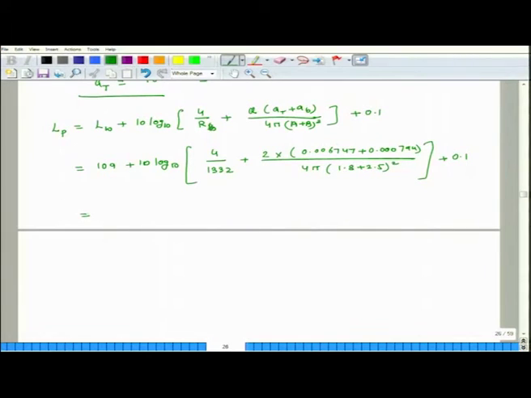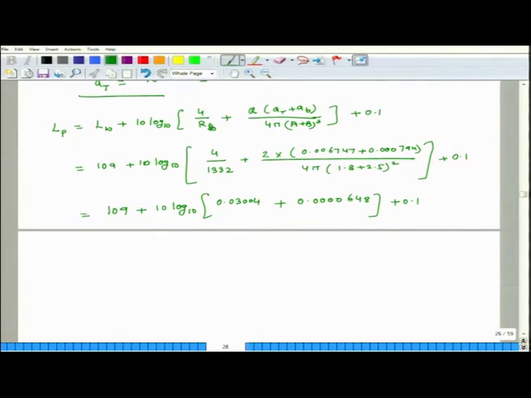Okay. So, I can directly write the answer, but I wanted to show you something extra. So, I will actually compute these numbers. So, 4 by 32 it works out to be 0.03004. Okay. And this other term it works out as 0.00004648 plus 0.1.